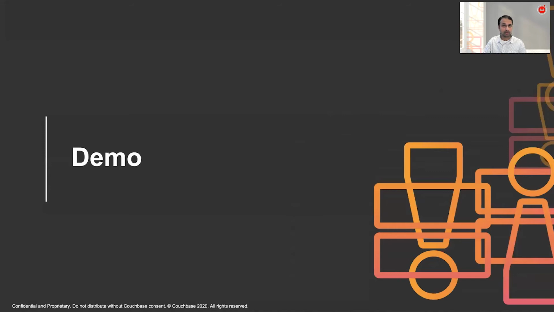And next is the demo. Before we begin, there are a few important prerequisites required for this demo. You need to install and set up kubectl on your local machine. Kubectl is a command line interface for running commands against Kubernetes clusters. And then you need to install the latest AWS CLI. The AWS CLI is a unified tool that enables you to interact with AWS services using commands in your command line shell. In this case, we'll be using the AWS CLI to communicate securely with the Kubernetes cluster